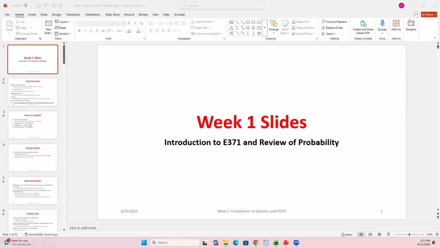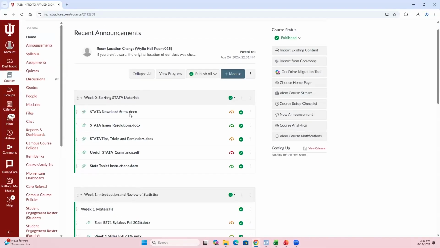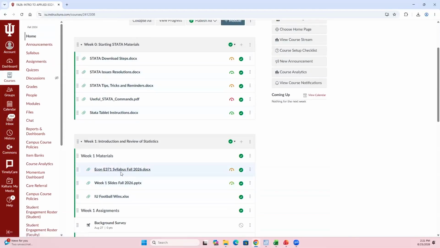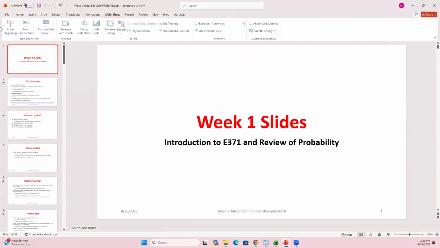Before we dive into things, a lot of the things I mention here today are on our Canvas page. I'm going to be working through these PowerPoint slides. I've got the syllabus itself posted up there. I'll do some summarization of that, expectations for the course and the semester, and then we'll already start diving into material here today. If you have any questions at any point in time, feel free to stop me. Today is really meant to be a day where we get ready and set ourselves up for the rest of the semester. Okay. So with that in mind,